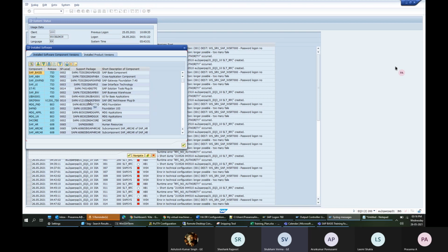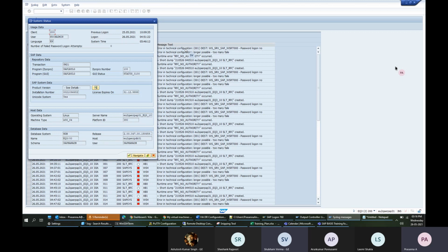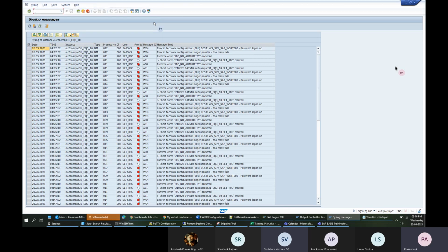What do we do next? If you want to execute a new T code, if you want to go to a different T code, how do you execute it? Remember? Like if you want to go to SM51 now from this screen. Yes, I will write the T code here. Yeah, do it. SM51. Okay.